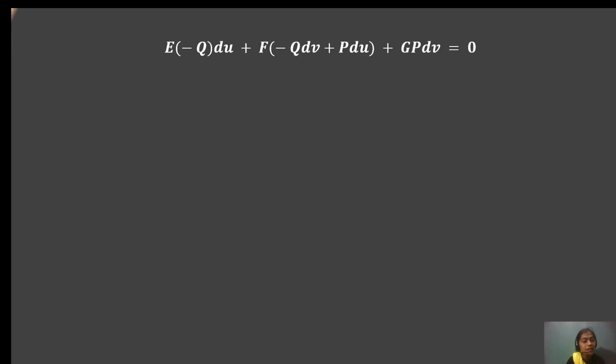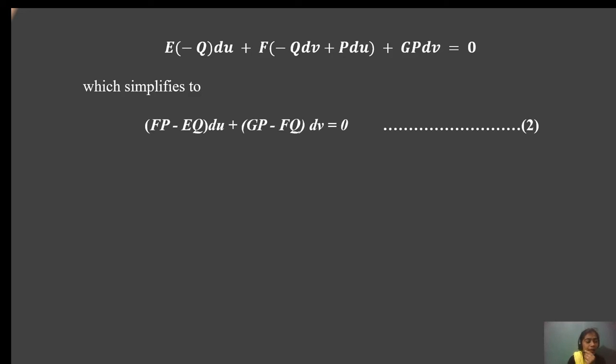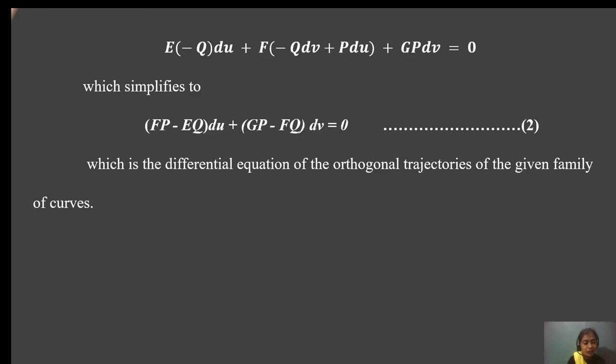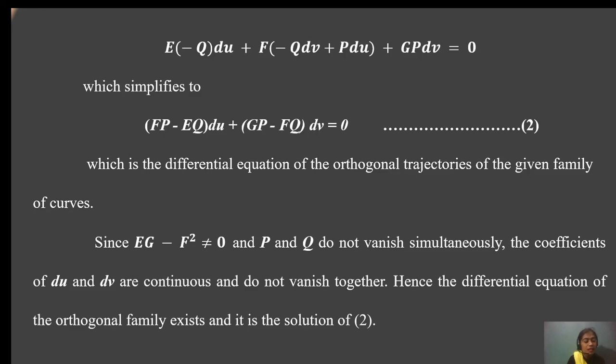Okay, E times minus Q du plus F times minus Q dv plus P dv plus G P dv will be generated. Then this simplifies to the form (EP minus FQ) du plus (GP minus FQ) dv equals 0. This is the differential equation of the orthogonal trajectories of the given family of curves. Then since EG minus F square is not equal to 0 and P and Q do not vanish simultaneously, so the coefficient